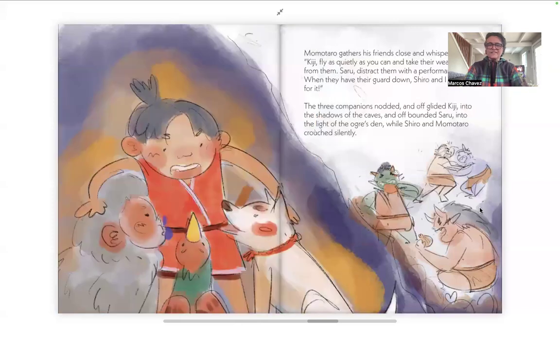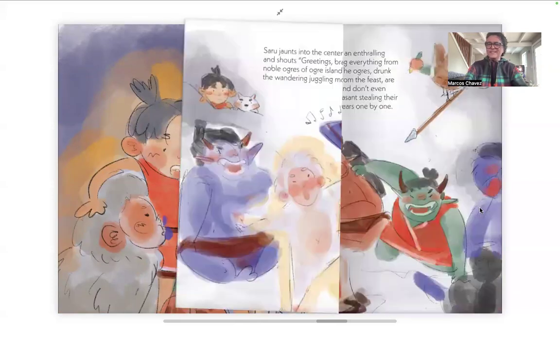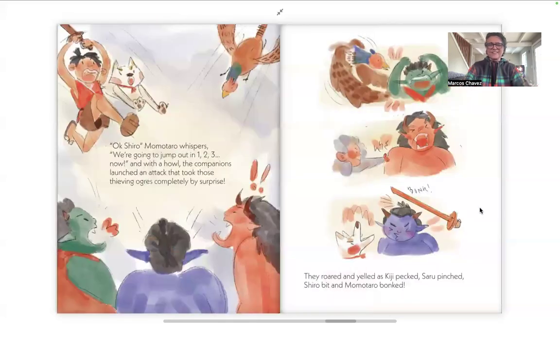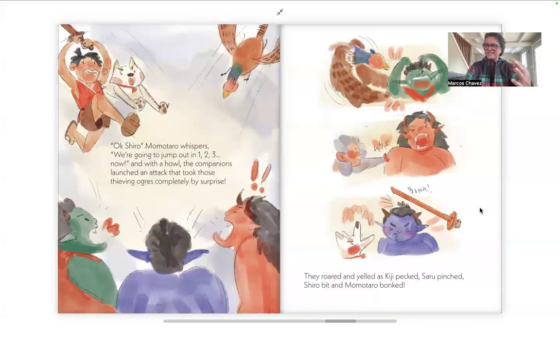And of course, they're going to attack. I'm not here to promote violence, but I think that standing up for yourself and being strong and confronting bullies and all those things are important to do. And a well-planned, executed, collaborative attack is a great thing to show and to have this comic book